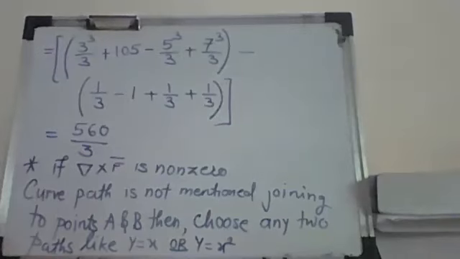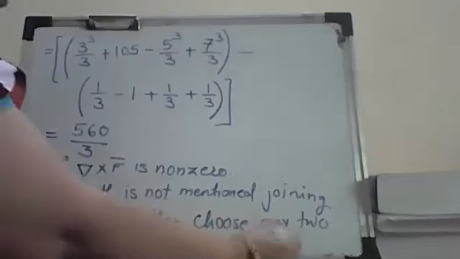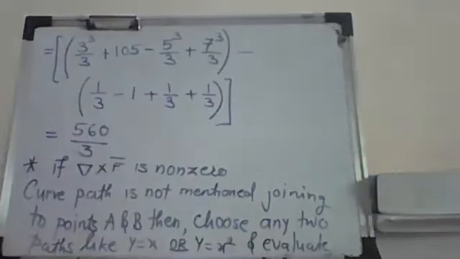So, such parameterizations you have to choose and find the answer. And paths like such things, and evaluate the integral. That way you can find the answers when the path is not mentioned. Generally we always mention a path because it gives you a direction of getting the answer, and for unique answers.